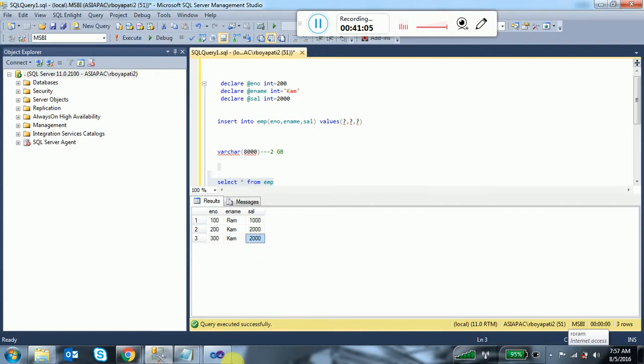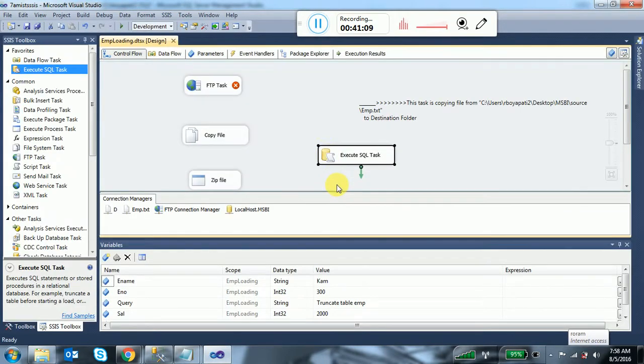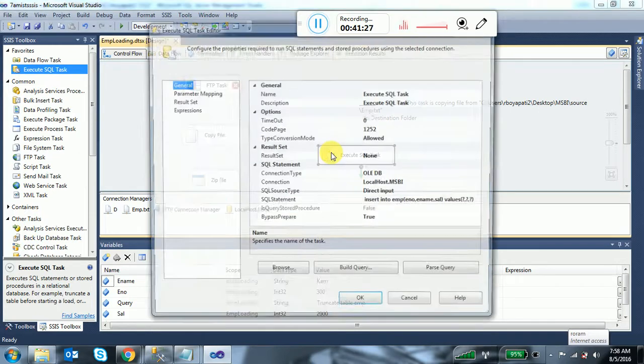How can we execute a stored procedure inside the execute SQL task? Those kinds of things we'll discuss in tomorrow's session.